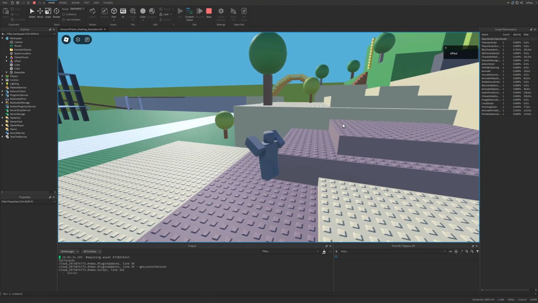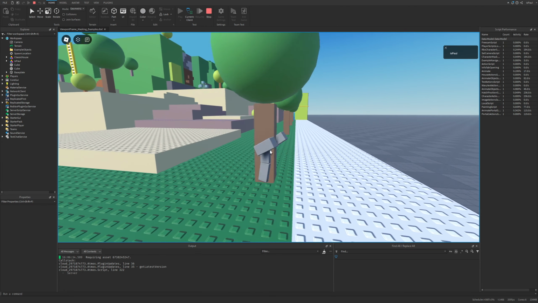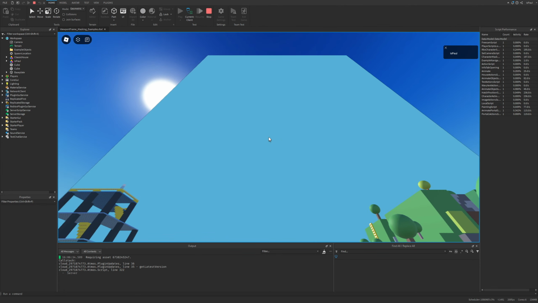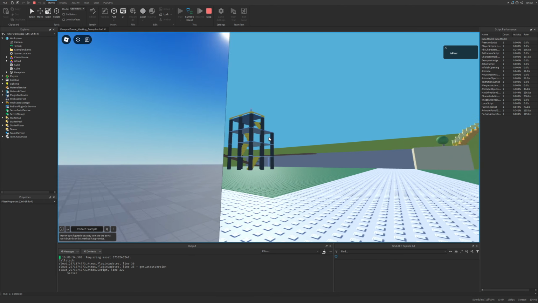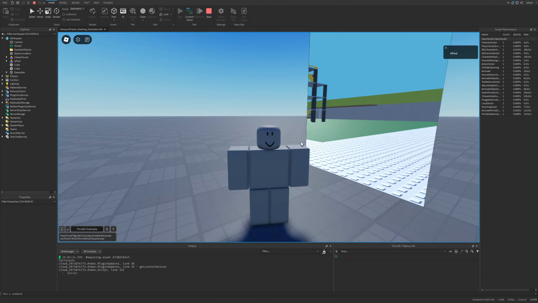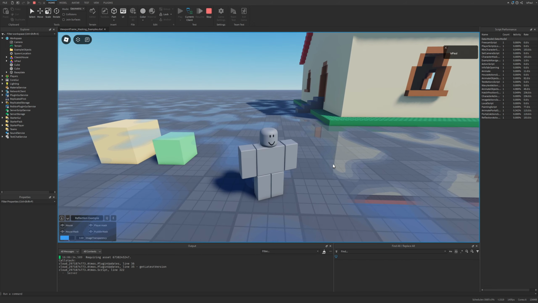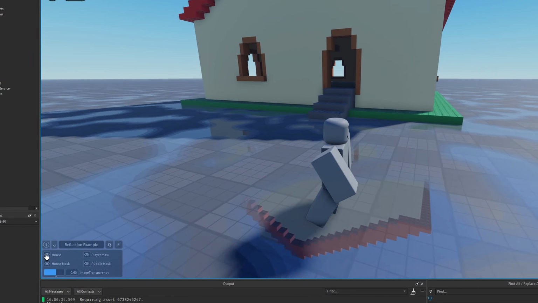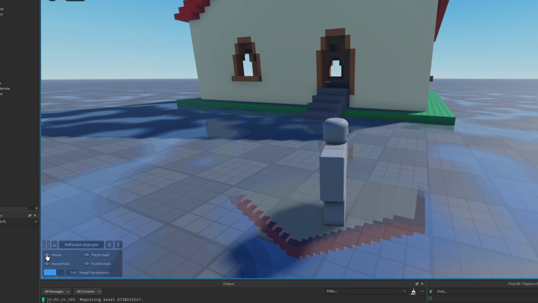Sadly, I can't go up any of these because it just seems like it has no collision, and that's because it's inside of a viewport frame. But this is really amazing as having a portal into a different dimension. And with this one, my studio is actually running at 220 FPS on average, but it's still kind of a massive dip. Now, speaking of RTX on Roblox, this is the reflection example, which again has the house, then the